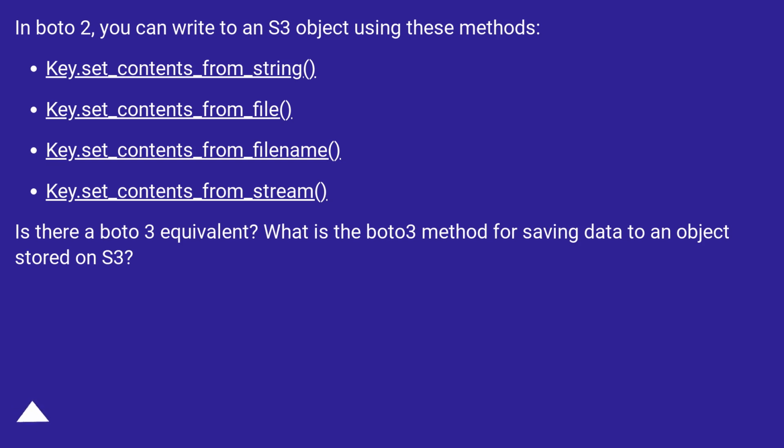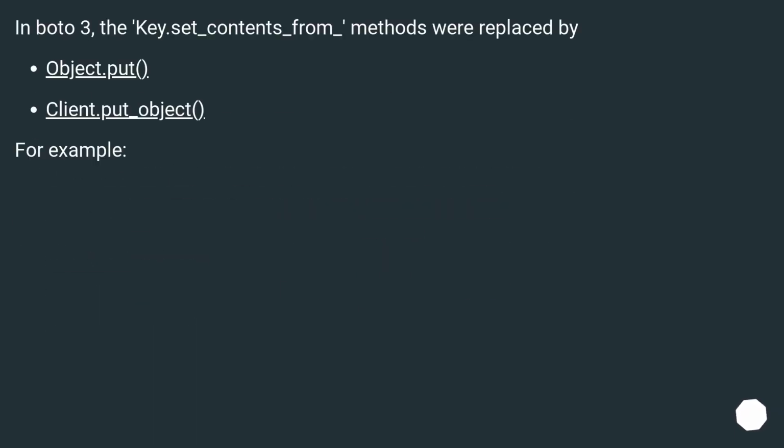What is the boto3 method for saving data to an object stored on S3? In boto3, the key.set_contents_from_ methods were replaced by object.put, client.put_object. For example,